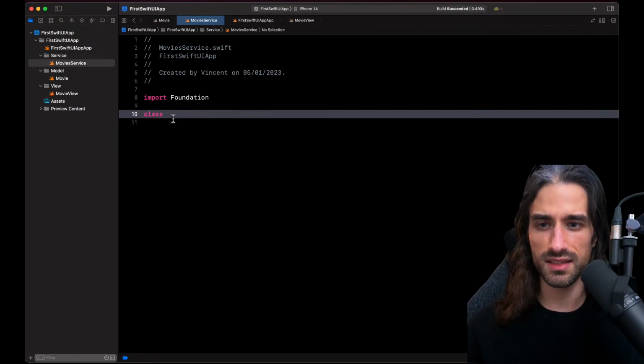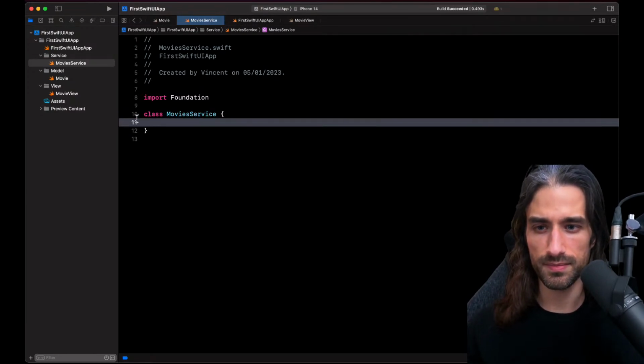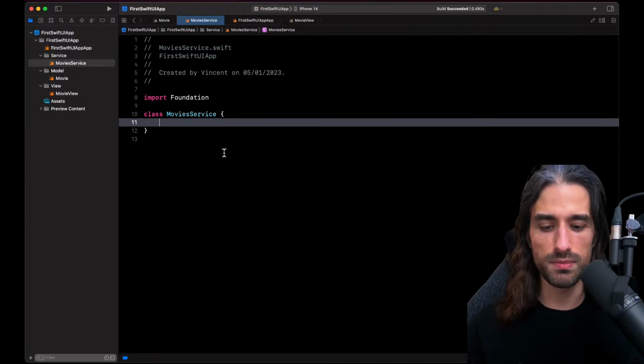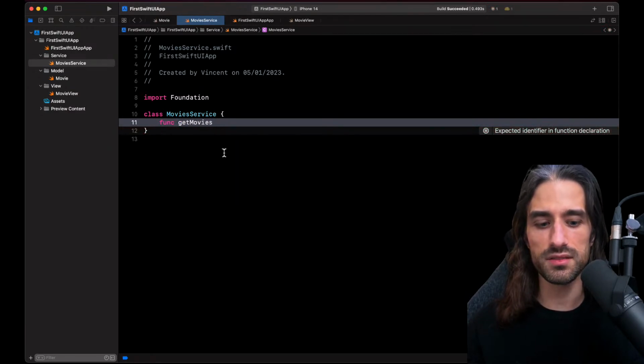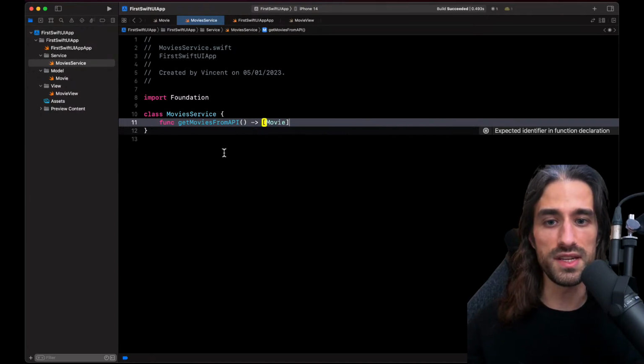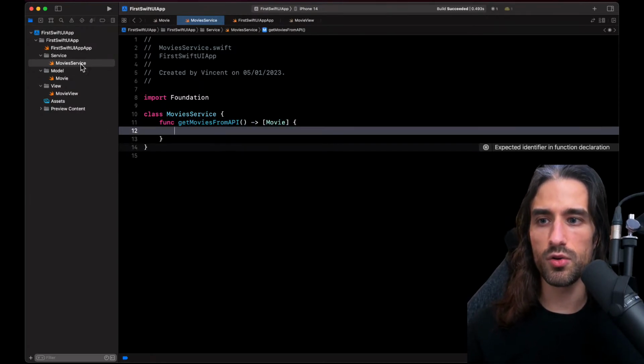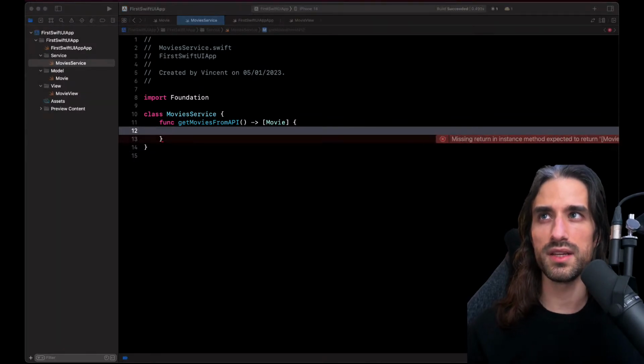That class is going to be called MoviesService. All right. And I need to implement a method inside that type. I will call it getMovies, or even getMoviesFromAPI. This way it is extra clear what's happening here. And so this will return an array of Movie. Now let's see how we are going to return that array of Movie.